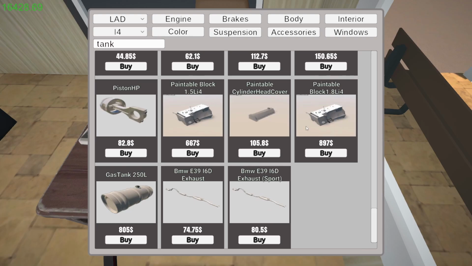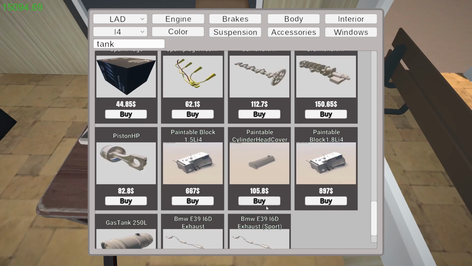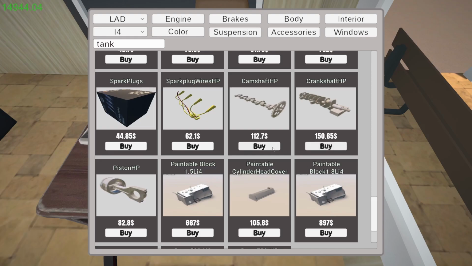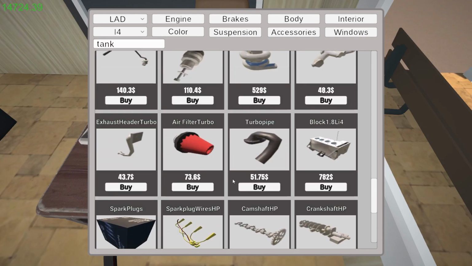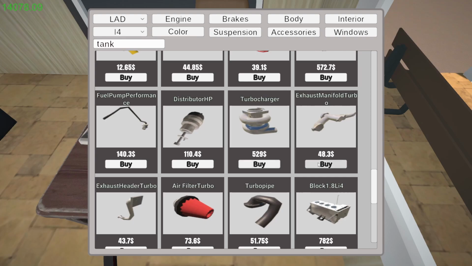We're going to do the 1.8 for $800. 4 pistons. We'll do the paintable cylinder head cover. We're going to do red block, red cover. I'm not going to worry about the exhaust. We don't need that right now. Crankshaft, camshaft. We need all the performance parts. The air filter, turbo, exhaust turbo, distributor, fuel pump, performance